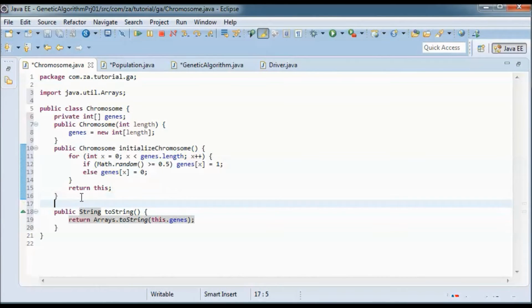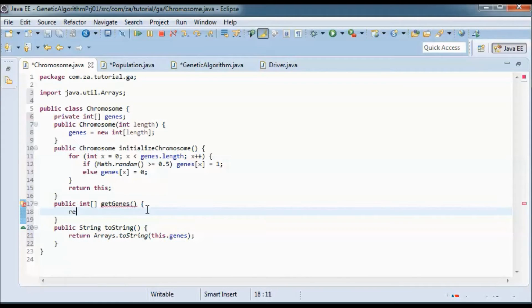And I will have a get genes method that returns the genes, this array.